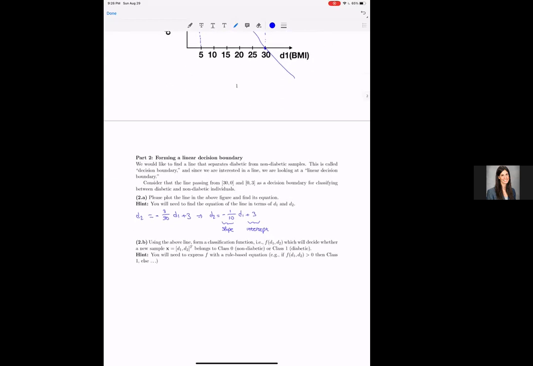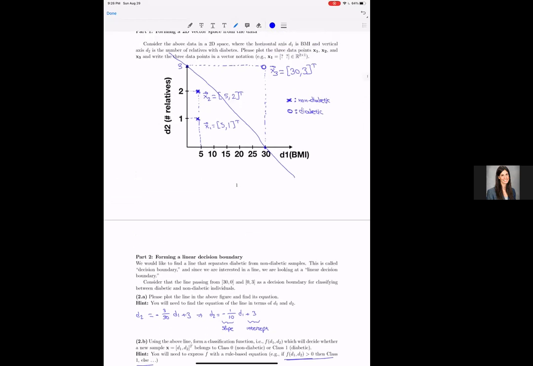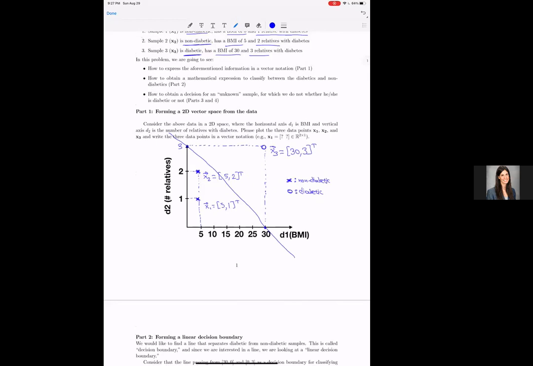Now, as part of 2b, using this line, we would like to form a classification function, which will decide whether a new sample X belongs to class 0 or class 1, the diabetic and non-diabetic class. For this, we will need to express F with a rule-based equation, like the example provided here. So how would we do this? If we inspect this figure, we see that